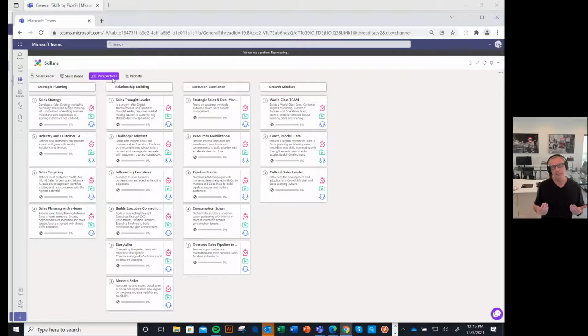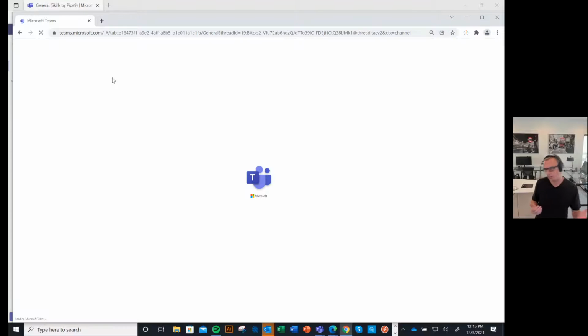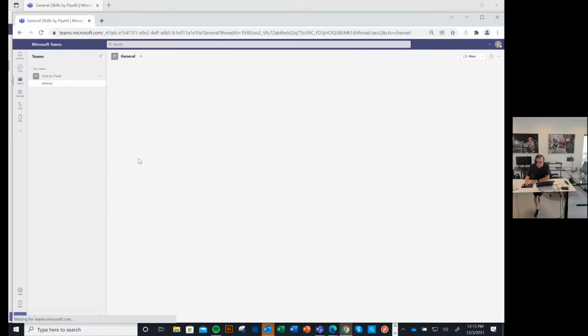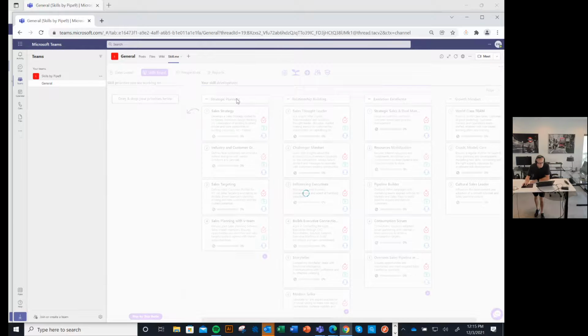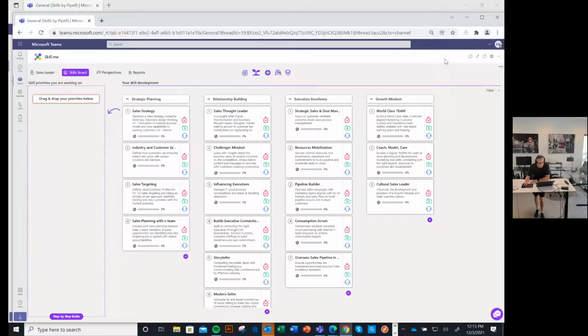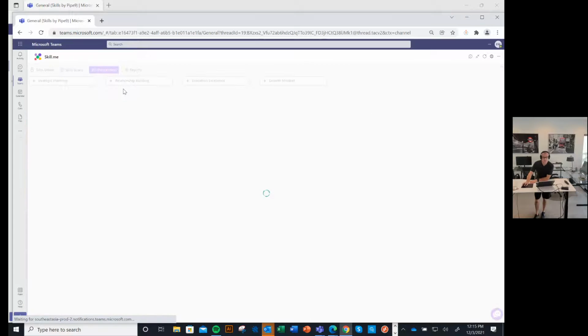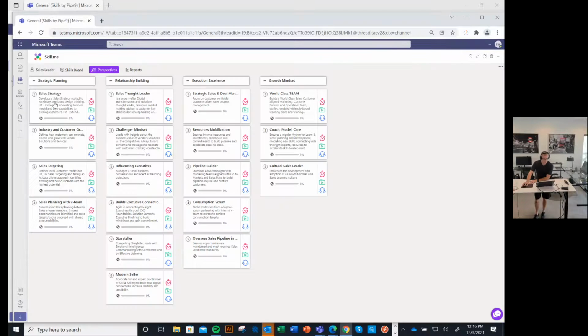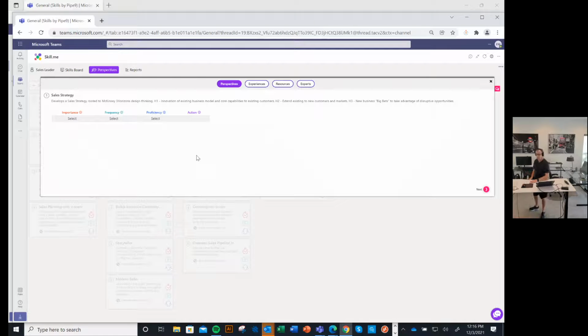And the way that we activate it is in perspectives. And it works like this. I'm going to go into my perspectives here. It looks like SkillMe is just refreshing for a second. Go into perspectives here, like this. Click on perspectives, and I'm going to click on the first skill. And when I click on the first skill, what happens is that